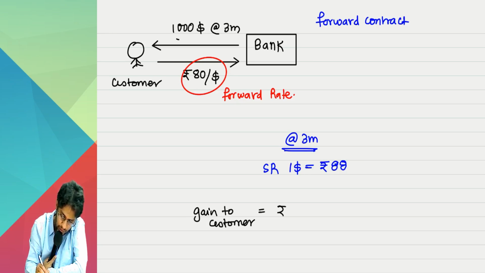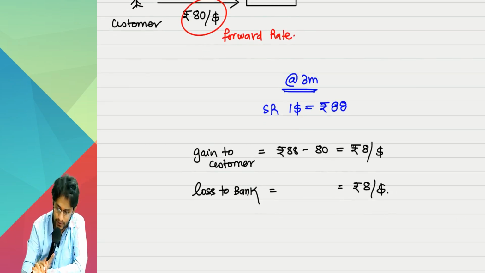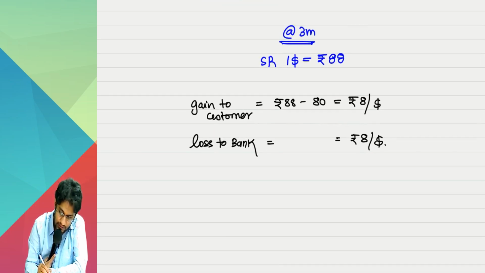88 minus 80, that is rupees 8 per dollar. Similarly, there is a loss to the bank, the same amount, rupees 8 per dollar. This is one thing. Now, on this date, what happens is the two parties, that is the customer and the bank,